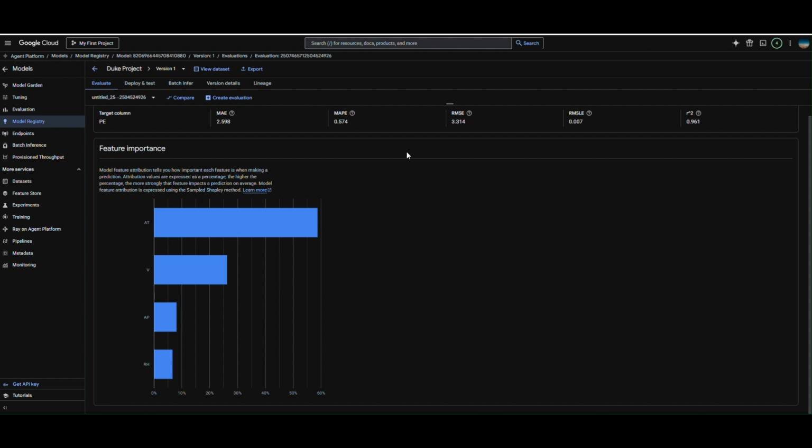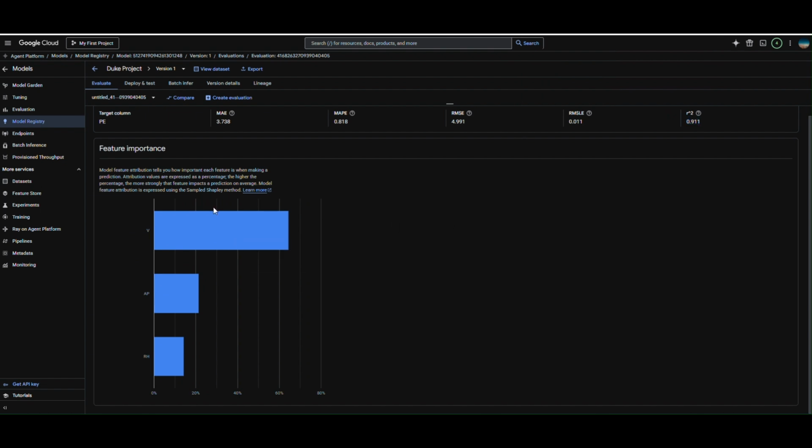Now to compare it to the second model, what I did was I removed temperature. So how did it look like? The next model is this one, where vacuum becomes the most prominent feature. So once you remove temperature, vacuum is the most prominent feature. Your target column remains the same, which is the energy output, but your accuracy changes. In the first model we had an accuracy of 96%, but in the second model we have an accuracy of